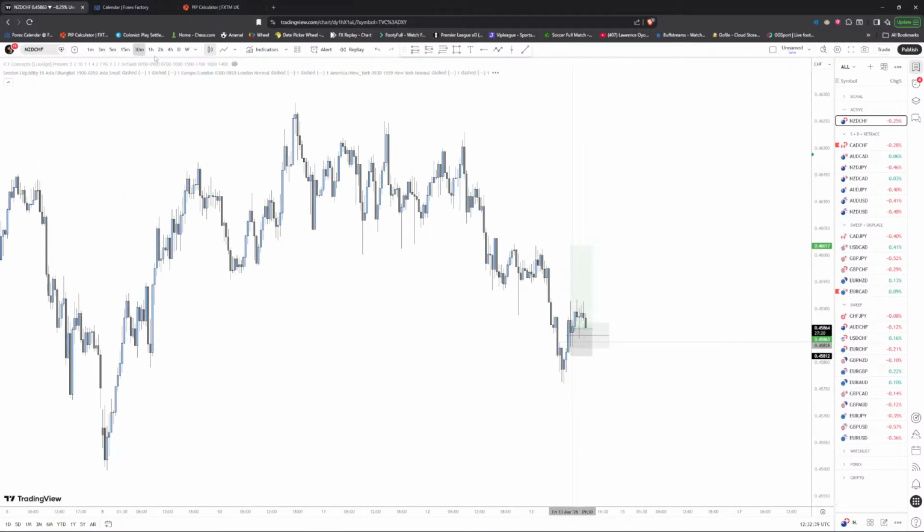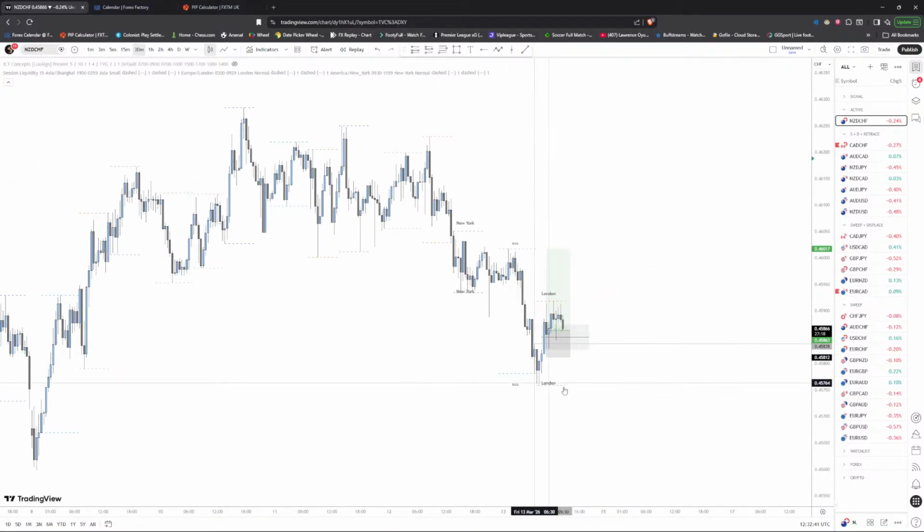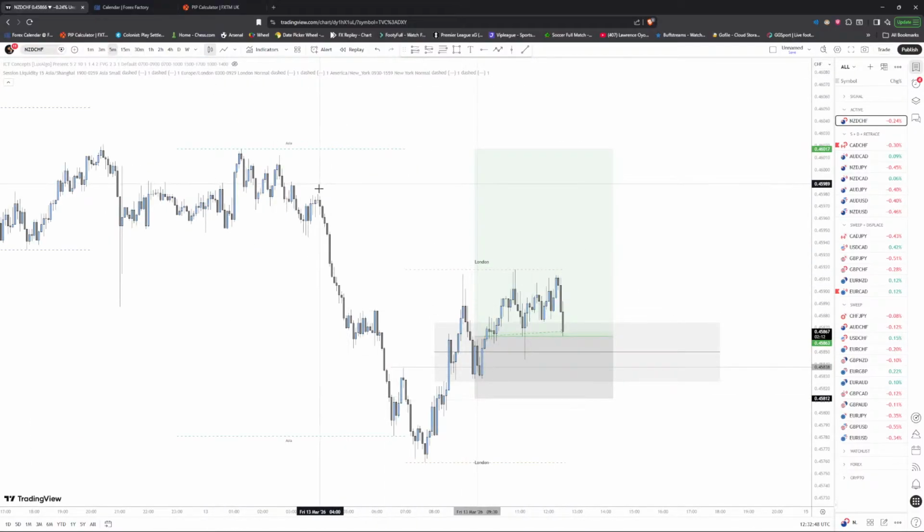And the reason why we got into this trade is simply because of a sweep of the Asia lows with London sessions. And then we had a displacement breaking this minor structure here. If you go on the 5 minute, you can see that we're creating these lower highs and lower lows. And then this displacement that you can see by the fair value gap broke this high, which we've marked with this,